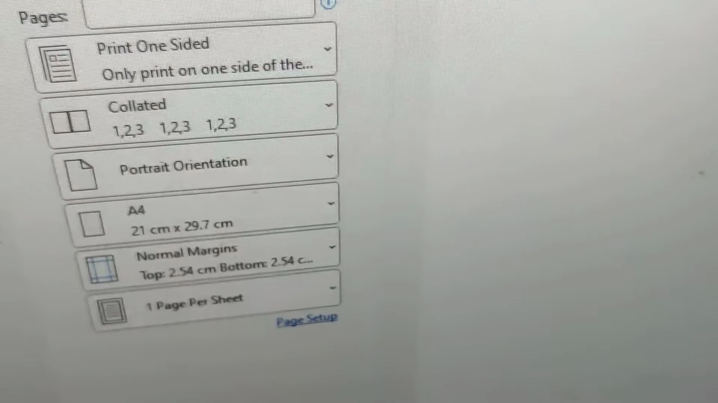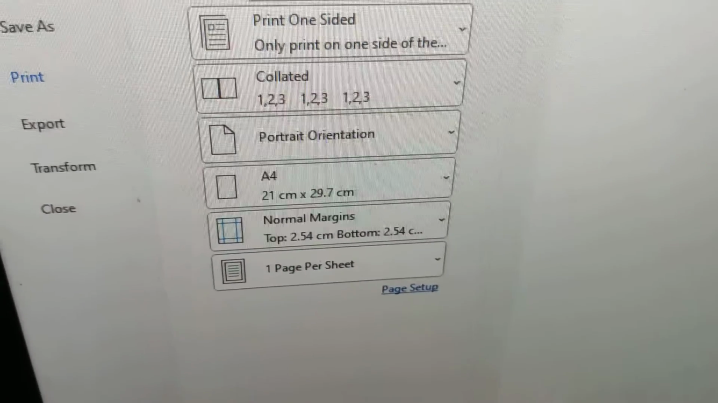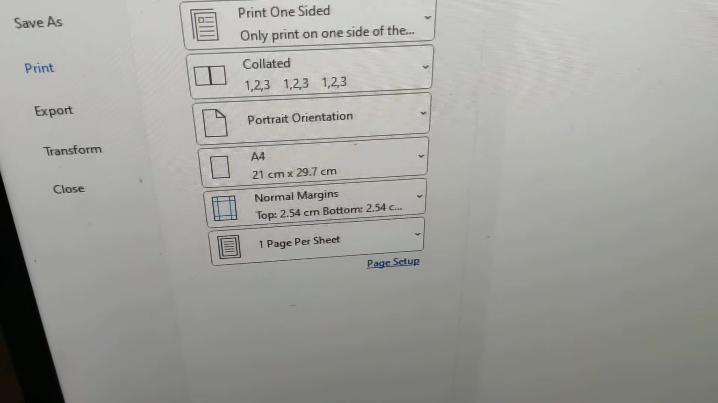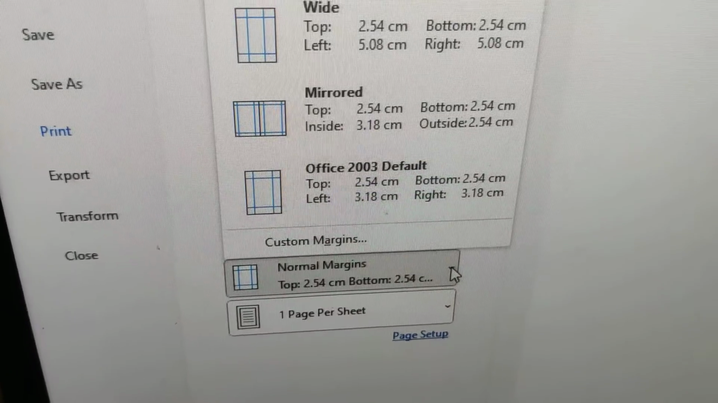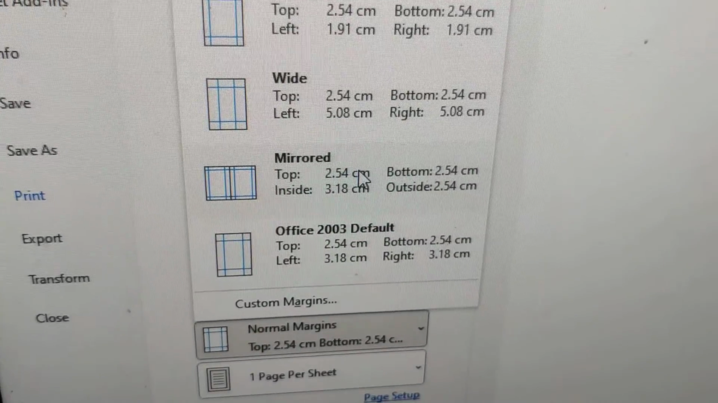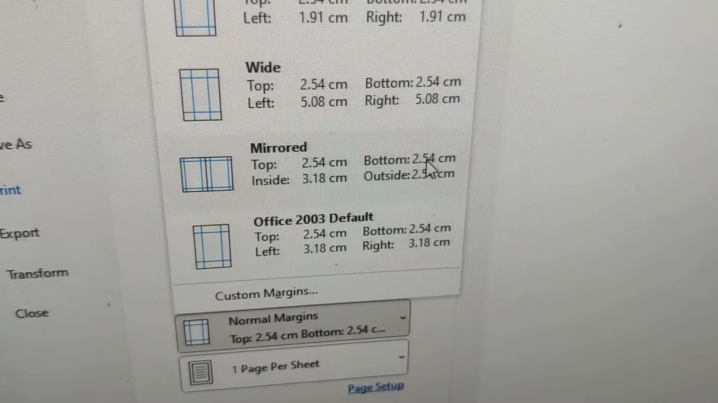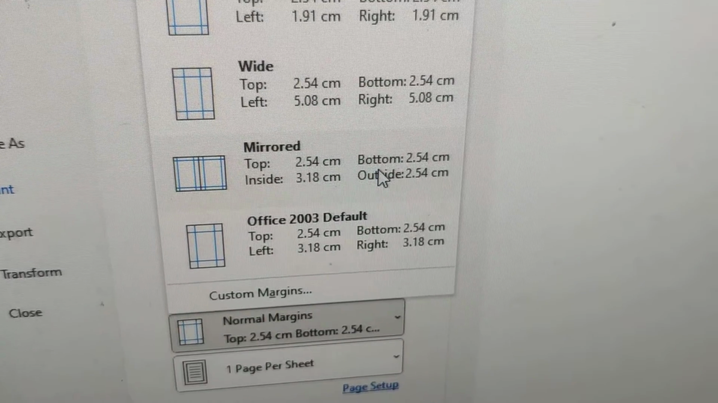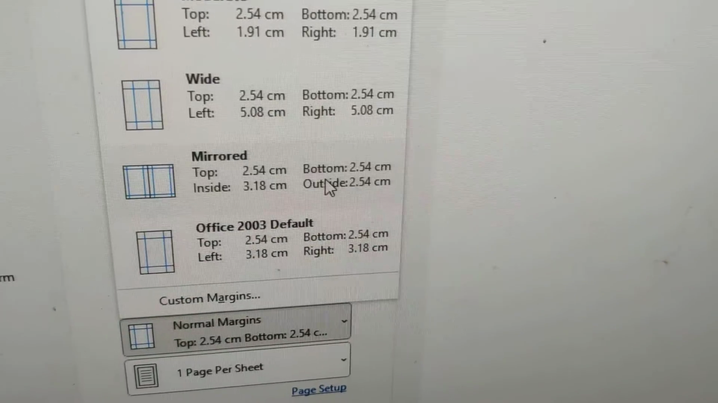And suppose it is the normal margin, and if you want to change it to a mirrored margin option, then you must click here, and from there you can choose. If you click here, then you can see the options to choose from here: customize the margin, and here you can see mirrored margin with top 2.54 centimeter and inside 3.18 centimeter, or outside 2.54 centimeter. So you must choose this if you want to pick the mirrored